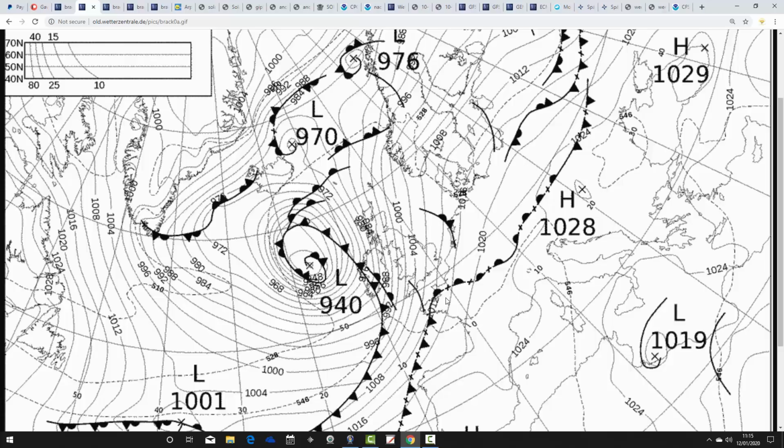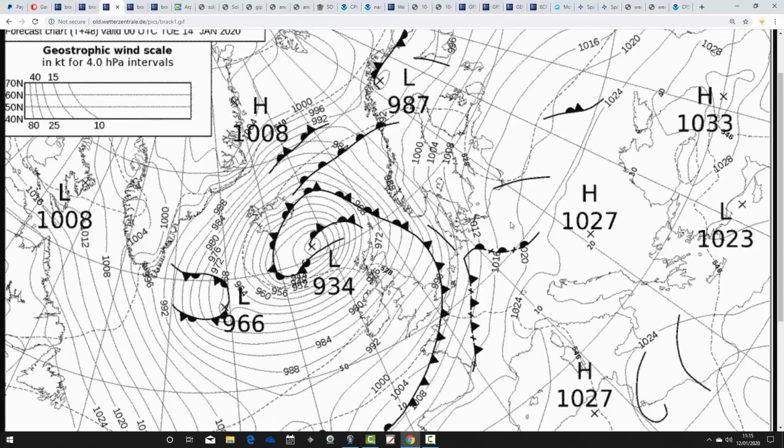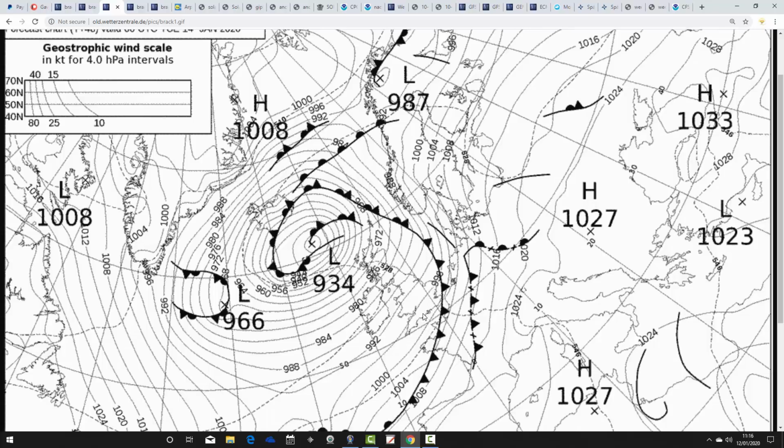Weather fronts are associated with this area of low pressure as well, particularly this cold front. That's going to see driving rain sweeping across the country tomorrow afternoon and tomorrow evening. This is the fax chart for midnight on Tuesday. At that point, the cold front has swept across the country and is clearing away to the east. It leaves us very windy with these winds turning into the west. Severe gales in the north. I think the winds do ease down a little bit in the south, but it will still be very